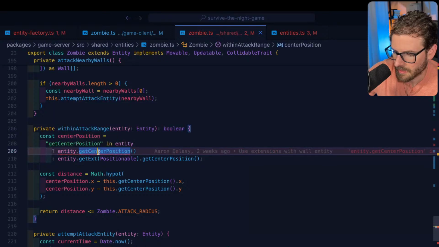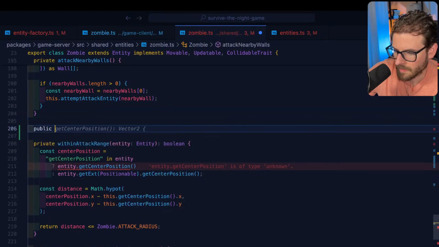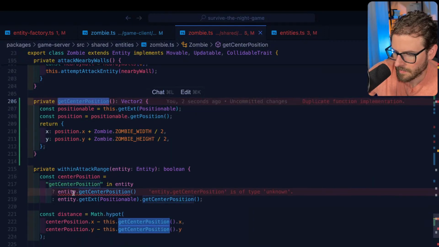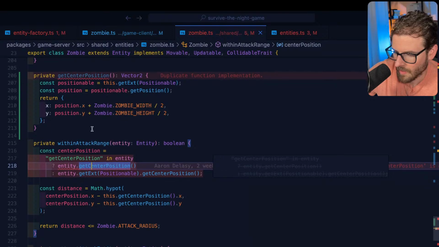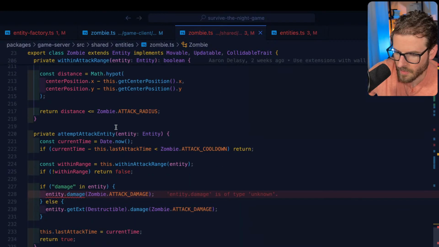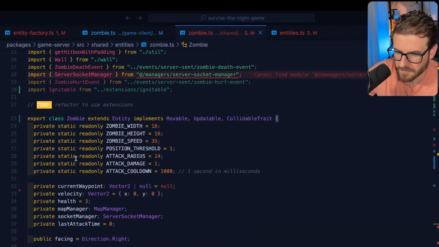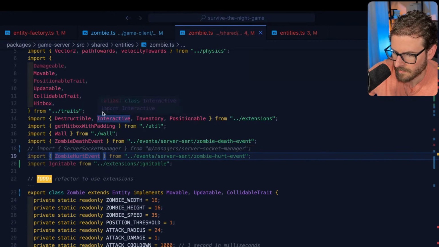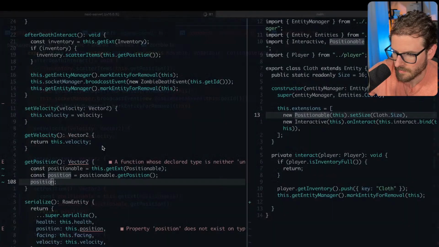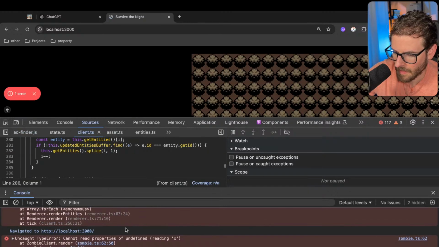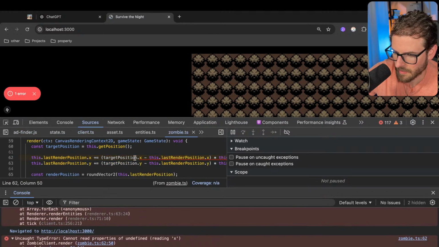Get center position. This would not work. Oh wait, what am I doing? Get center position if it has a center position with attacking range. Okay, I don't want to touch that. And I read undefined of X. What did I type in wrong?